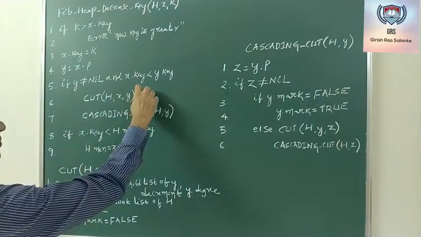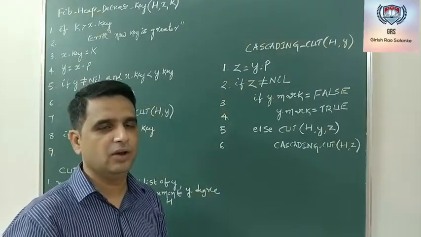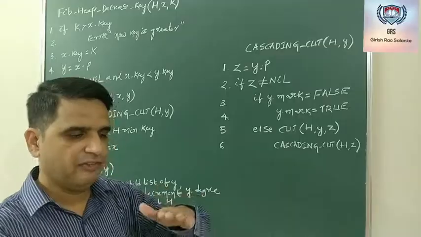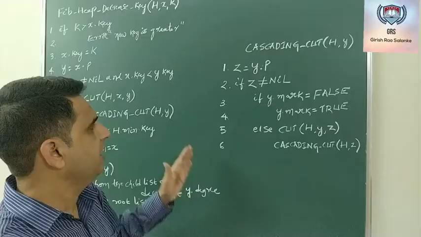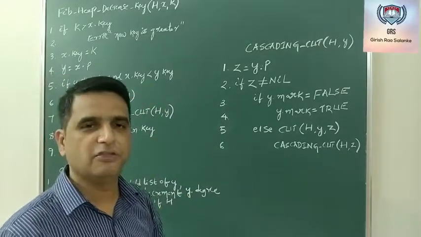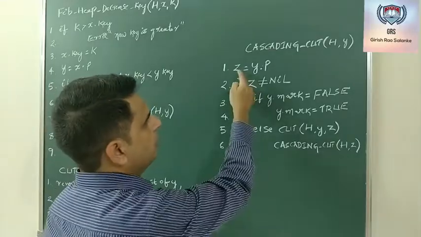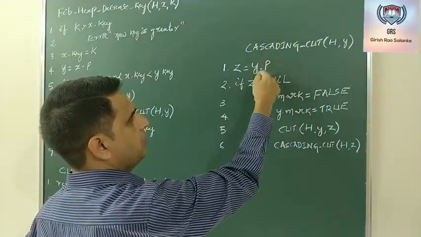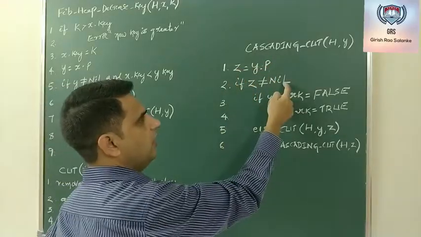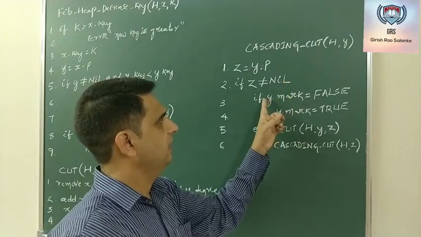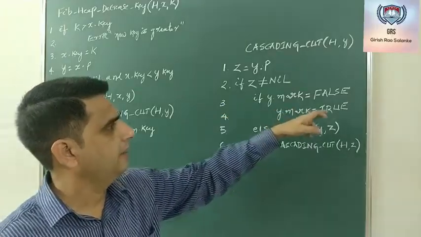Now this is fine. Now after this I am going for cascading cut. Now what cascading cut will do is, see here, after cutting the tree rooted at x and adding it to the root list of the Fibonacci heap, the parent of x should be marked now. So I am doing here. So z is equal to y dot parent. That means the parent of x, which I am calling y, is now initialized to x. So if x is not nil, and initially if it is not marked, then I am marking it as true.